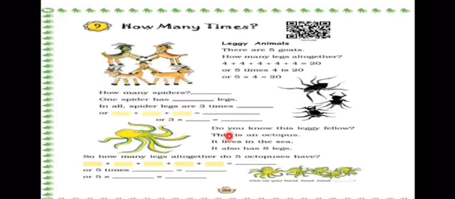Now, do you know this leggy fellow? This is an octopus. It lives in the sea. It also has 8 legs. So how many legs altogether do 5 octopuses have? So over here again, you know that octopus means 8. Like in the shape also, octagon. An octagon will have 8 sides, legs. So octopus is also having 8 legs.